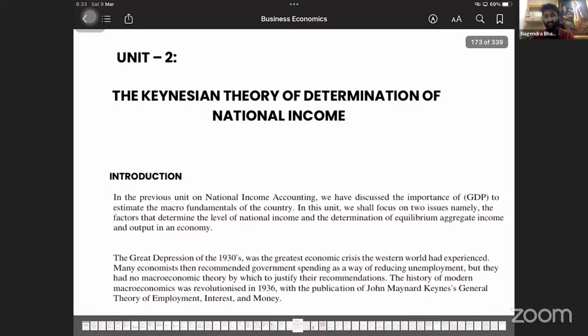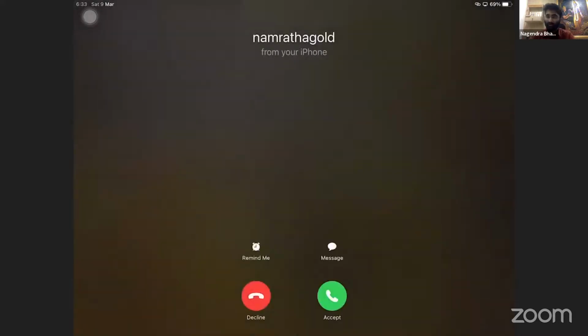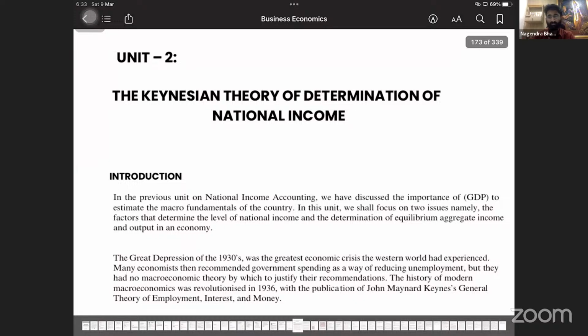He gave theories about money, about public finance, and about national income. He gave theories for many topics. In the previous unit on national income accounting, we have discussed the